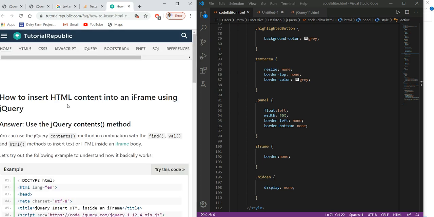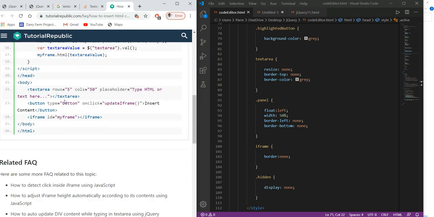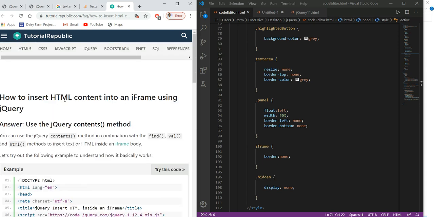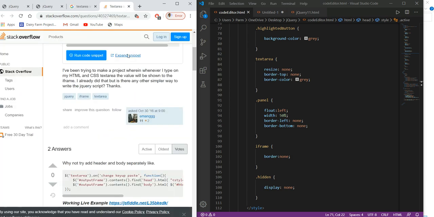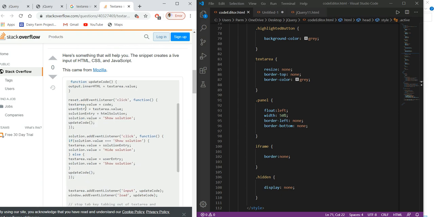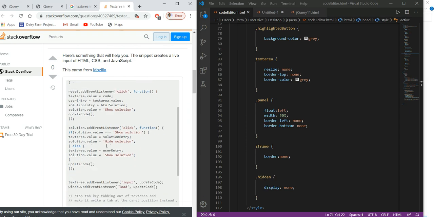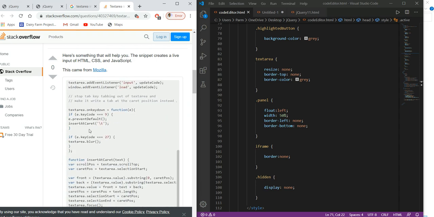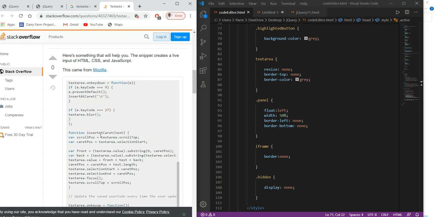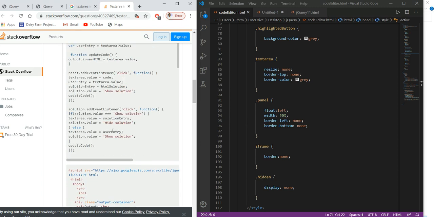And what he says, it has given an example over here, so that is not of our concern. We just have to go with this, and what we have done. Look at this function, update code outer in HTML. This is click on text area code and show solutions. This is for key press function. Yeah, that is sufficient information first.